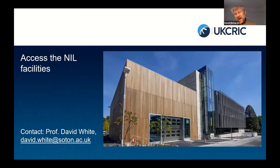So access to the NIL. Access arrangements are being developed for the various facilities. Some of the facilities are still becoming fully operational, as I've mentioned a number of times. But we have a link to the UKCRIC site where there is a process of working up with the contact person at each of the UKCRIC laboratories in order for the laboratory to understand what's being proposed and whether it's possible to do the work within the laboratory, whether it has the capability primarily, and then a process by which the project should be more fully developed and integrated into a research council grant, if that's the route,